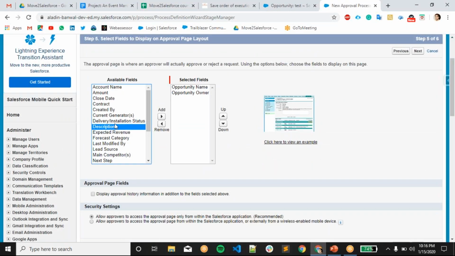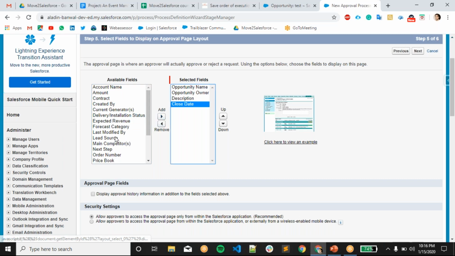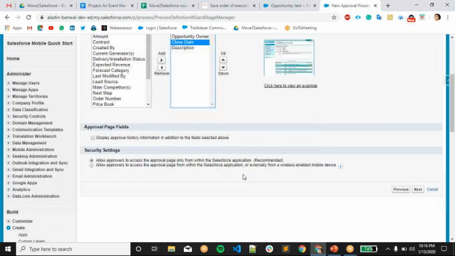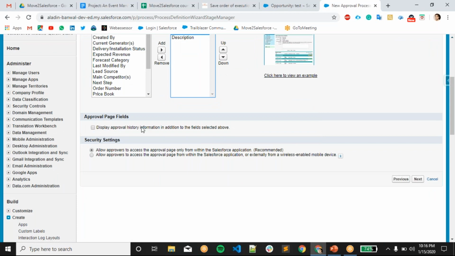We can give the description or close date, this we can set. And display approval history. If you want to display the older approval history in that page, you can select that, or else don't select it if you don't want to display it.